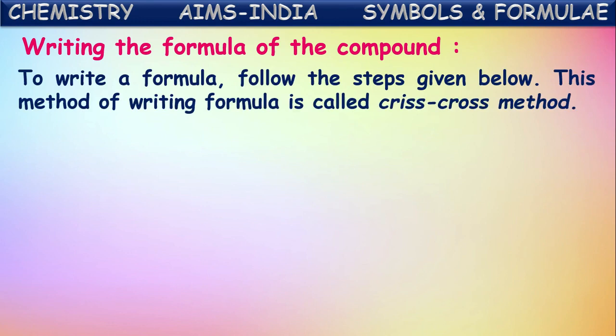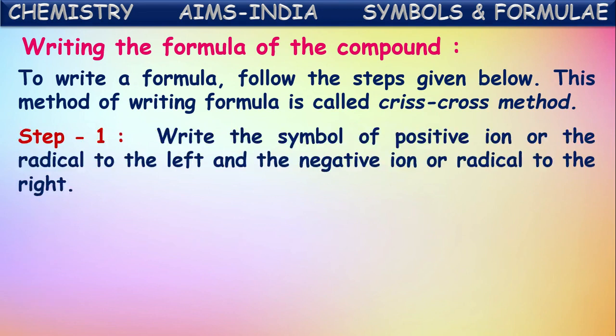Next, let us see how to write the formula of a compound. If you know the symbols of the elements, by using the symbols, let us try to learn here how to write the formula of a compound. To write the formula of a compound, we have to follow certain steps. This method of writing the formula of a compound by following certain steps is known as the crisscross method. So let us see what steps are to be followed in writing the formula of a compound by using the crisscross